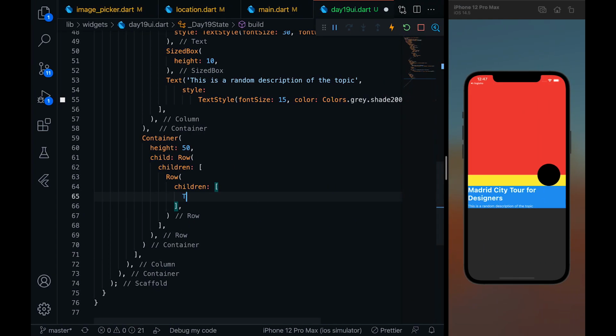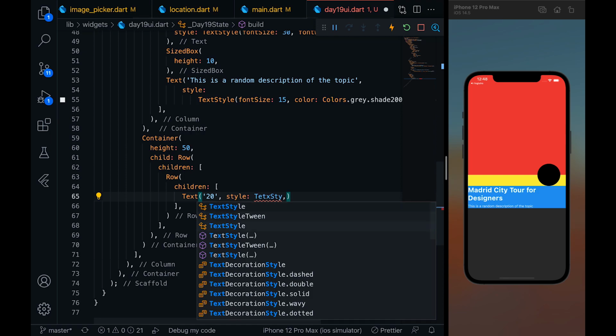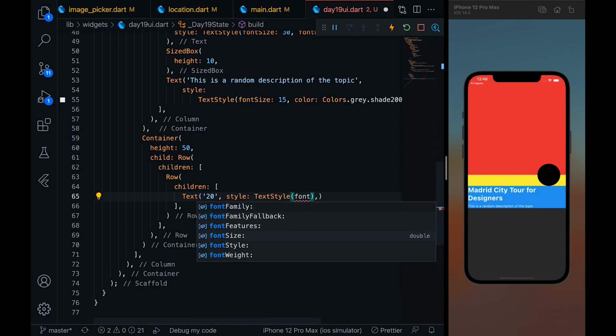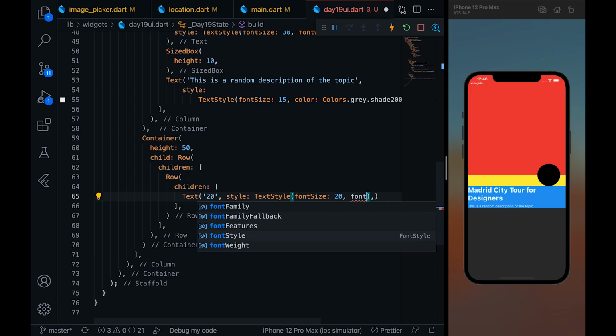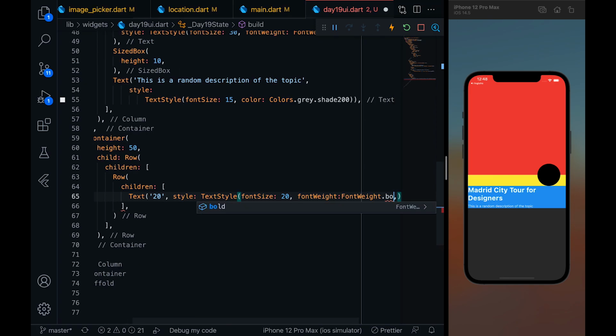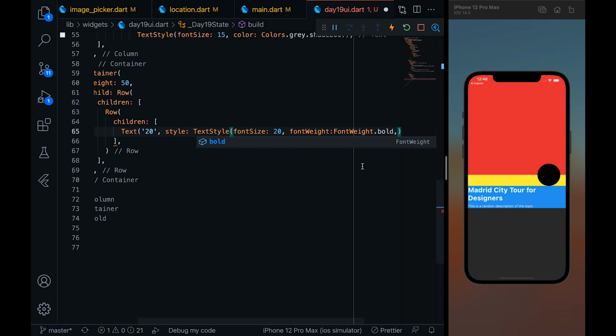So it will be simple text, and the data will be like 20, and styling we have to give text style. Text style will be of font size 20. Then let's give it some boldness. So font weight will be font weight dot bold.